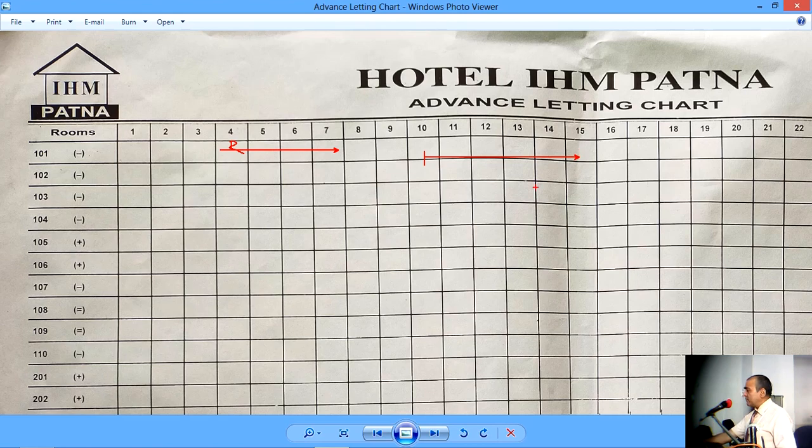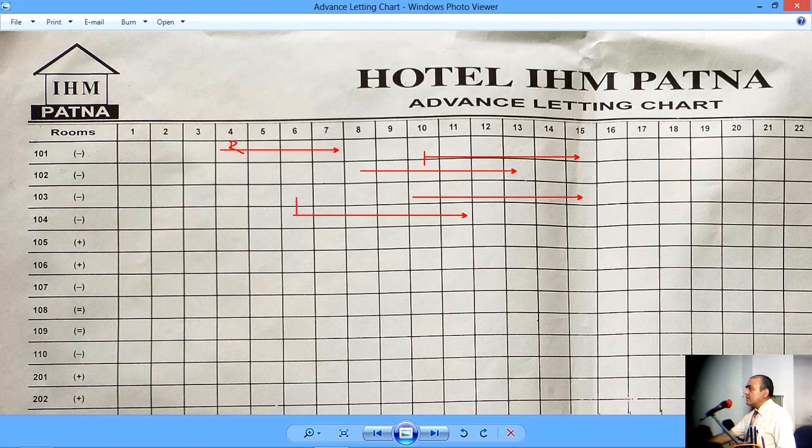So if we have more reservations, let's say there are 4 single rooms in a row, one after another. If there is one more reservation, then I'll have to use the second room and draw an arrow like this. For the third room, I have to draw an arrow like this. And for the fourth room, I have to draw an arrow like this. And I'll try to show you how to write the guest name.